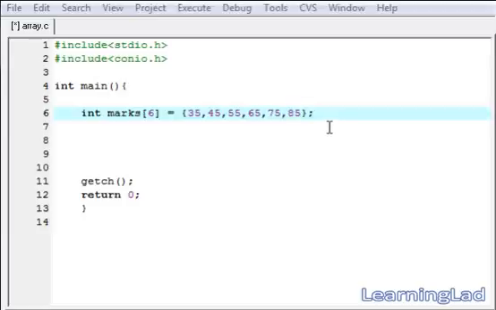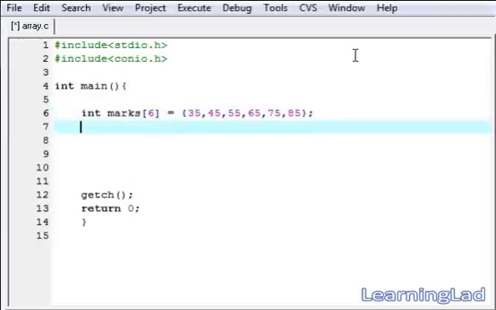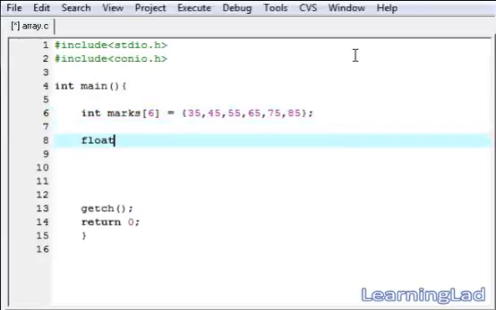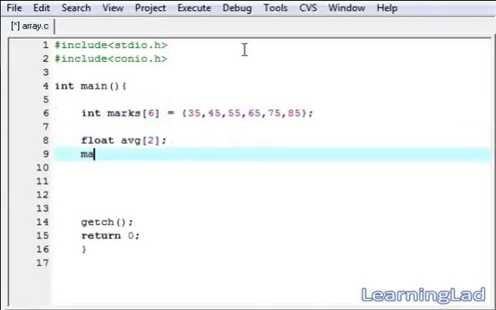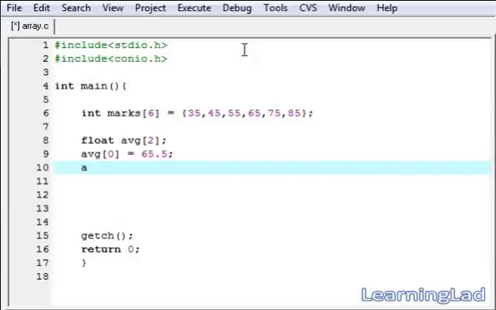Just for demonstration purposes, I'm gonna create another array of type float. I'm gonna give it the name average, to store the average of 2 students. The size of our average array is gonna be 2. So here I'm gonna write average, and at the first location we're gonna save a floating point value of 65.5. Then at average[1], we're gonna save a value of